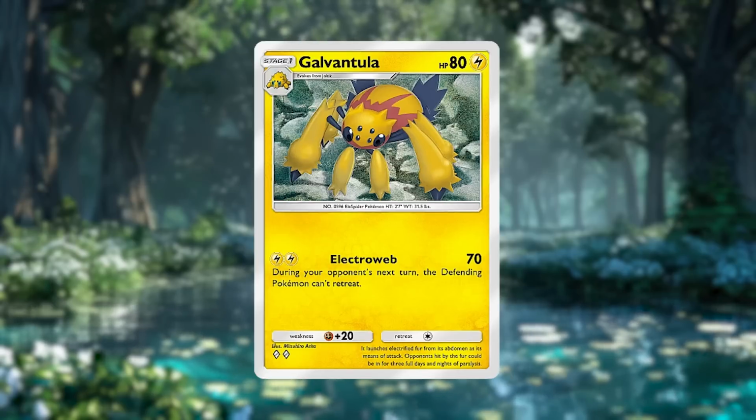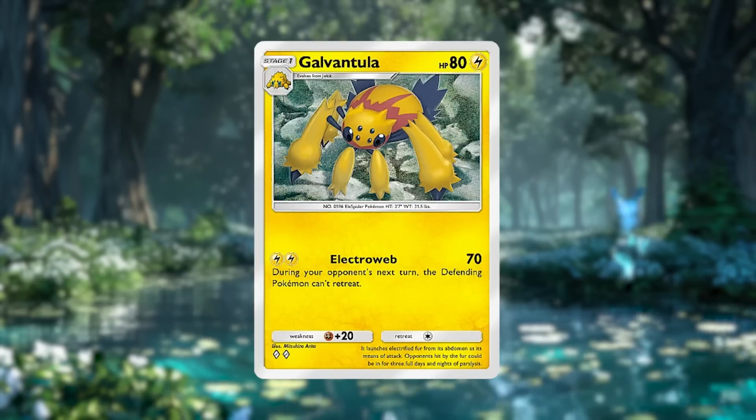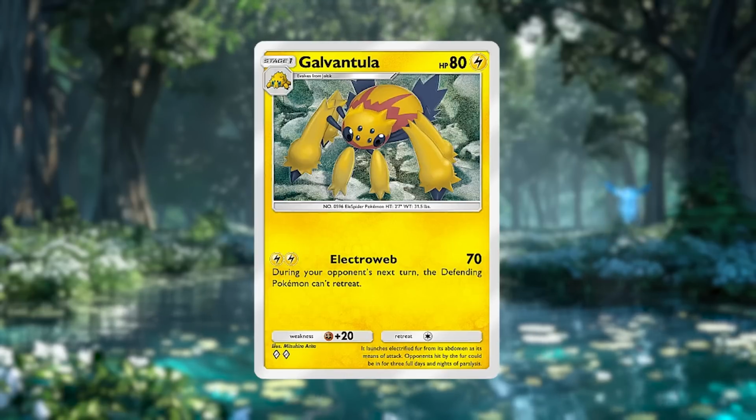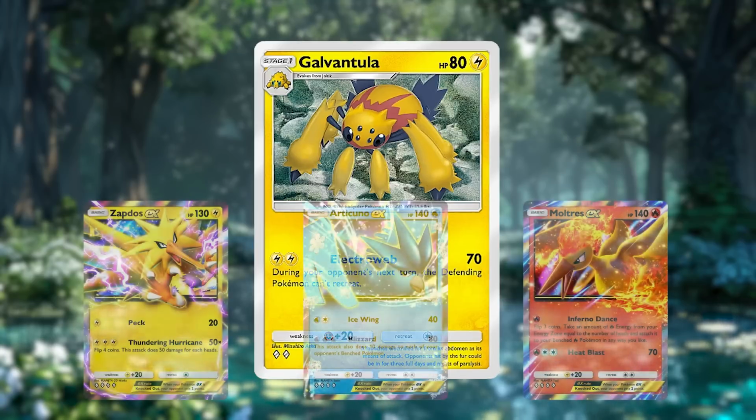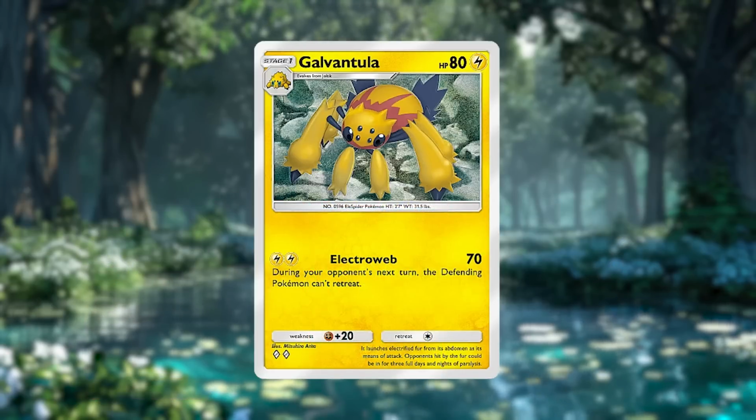Galvantula is an 80 HP Stage 1, whose Electro Web attack deals 70 for 2 energy and stops the opposing Pokemon from retreating the next turn. First noteworthy thing that jumps out to me is that this electric typing with this damage means that you get to knock out opposing EX legendary birds, Moltres, Articuno, and Zapdos in just 2 goes, even through a potion thanks to weakness, and the actual effect on Electro Web is